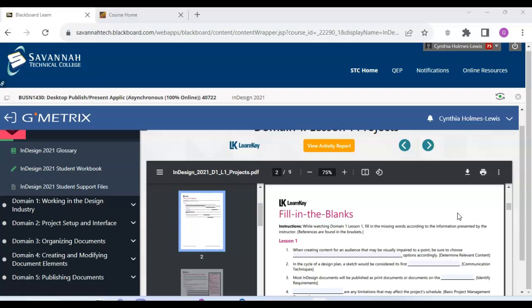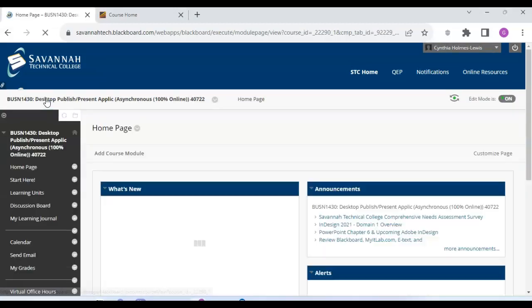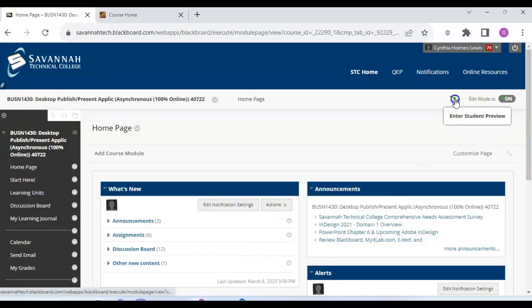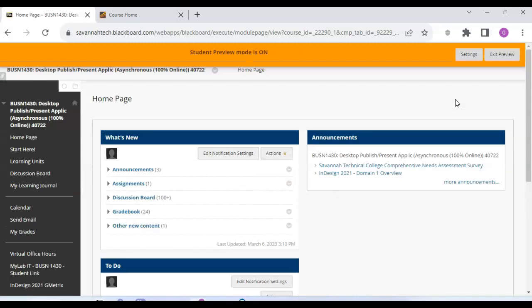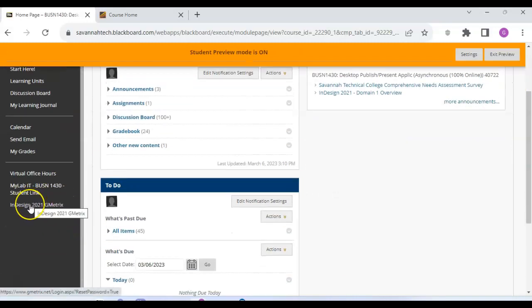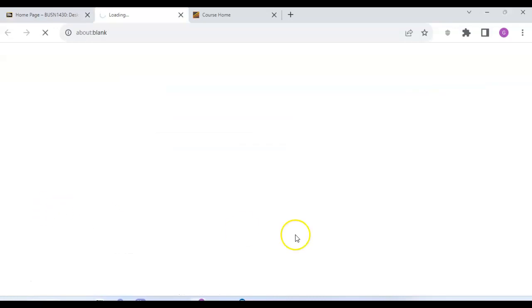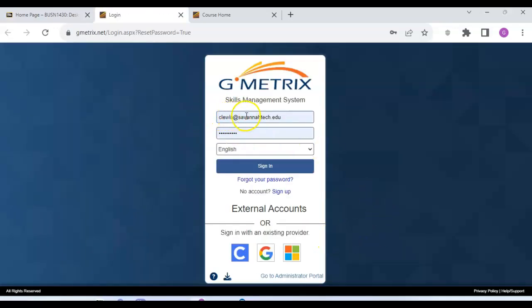I know you guys are having some challenges, definitely with the software, with geometrics and so forth. Just remember, you can click on the physical link within Blackboard. I'll go back and show you going in as a student. When you click on going as a student, here is the InDesign right there. That's the link. Use your Savannah Tech email address and your student ID number without the 41 underscore,